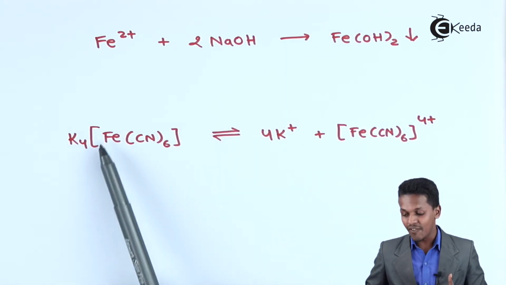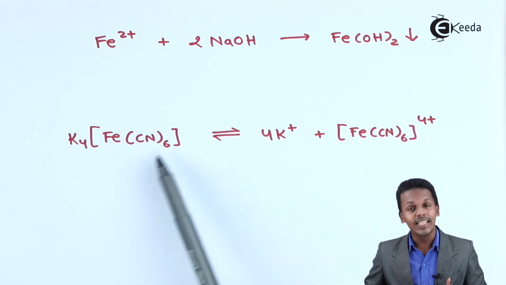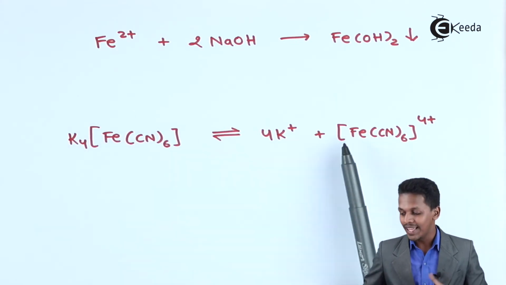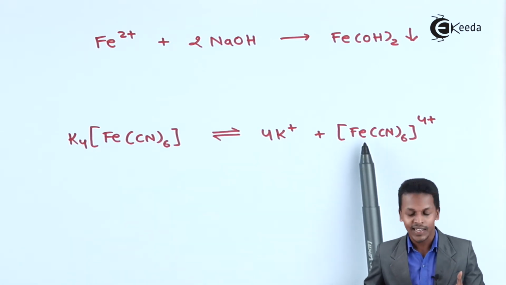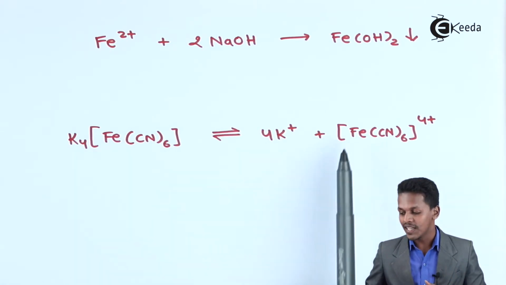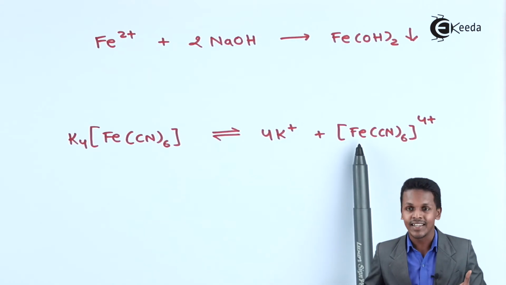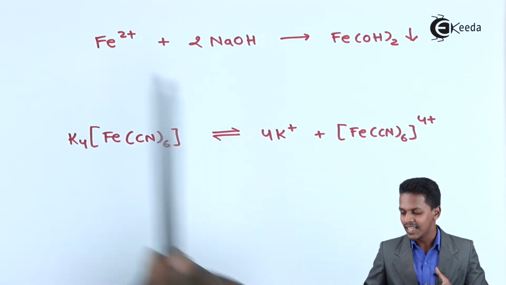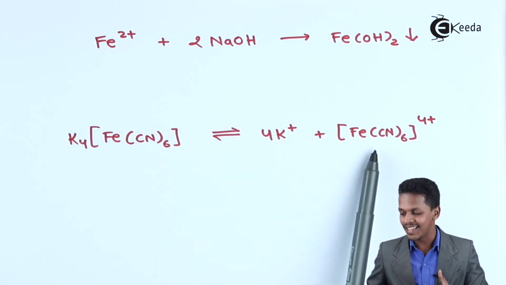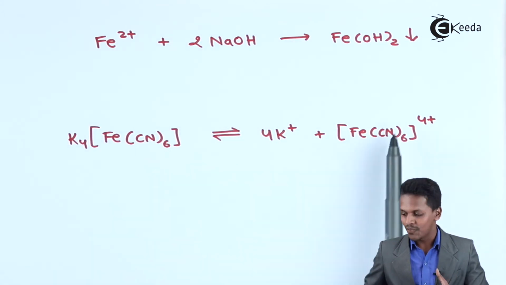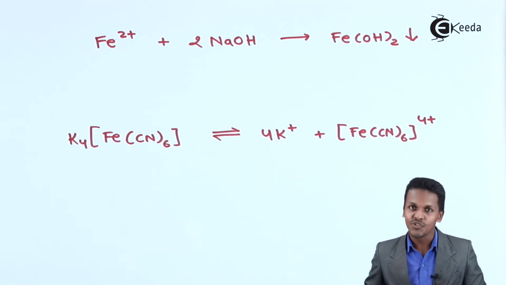But here Fe is protected by the cyanide ligands, and that is how this will never get dissociated, and it will never form that Fe2+ ion. And that is how basically this will never reveal its identity. And obviously we could find that the identity of Fe2+ is different in NaOH, and in this case it is different. So therefore the property of Fe changes.